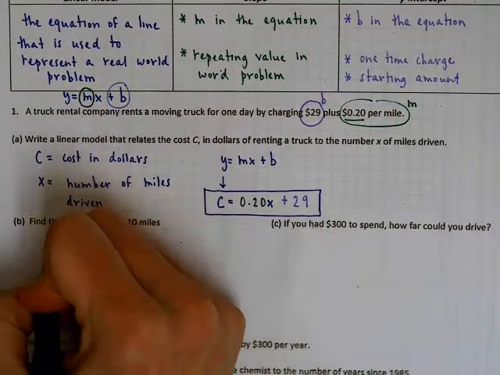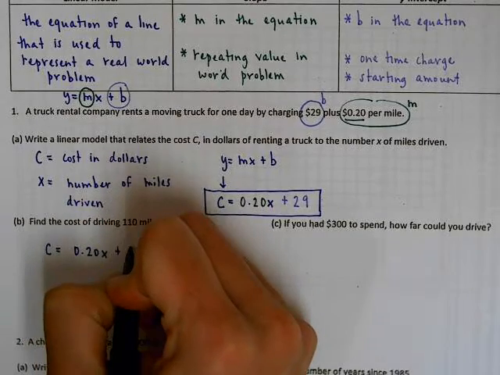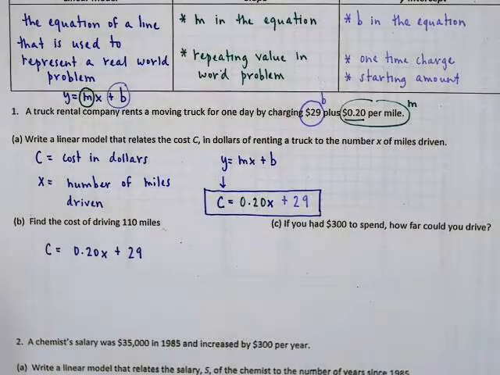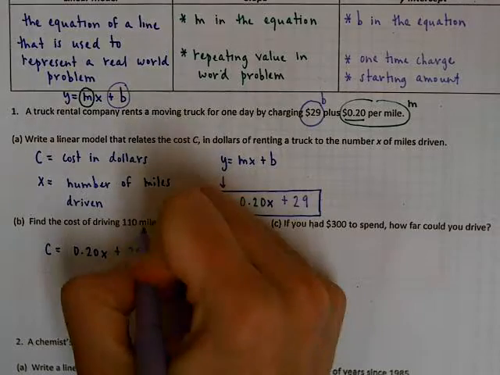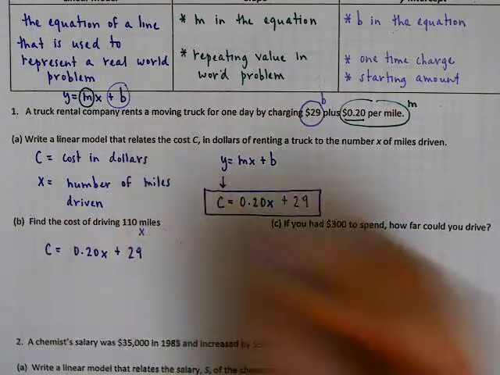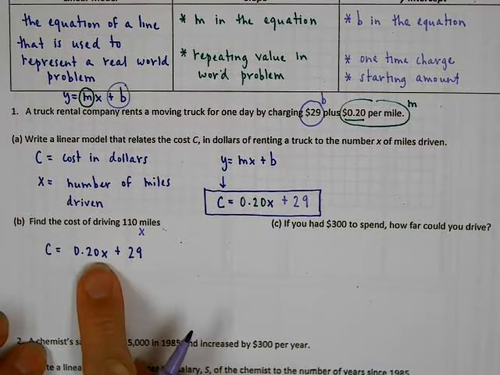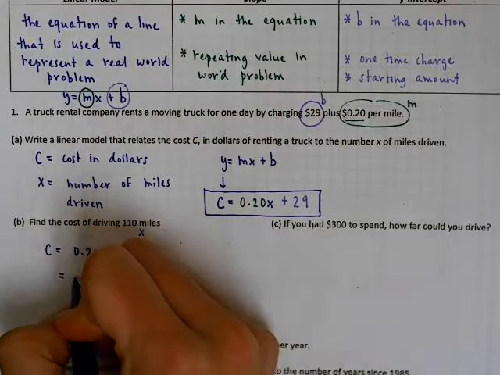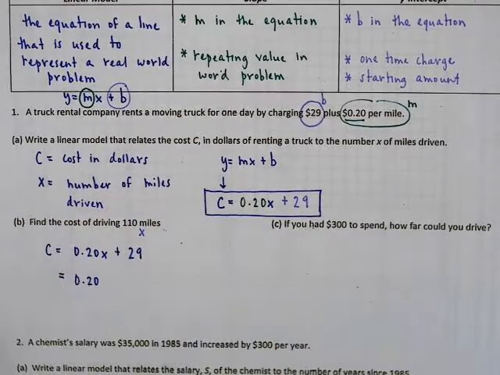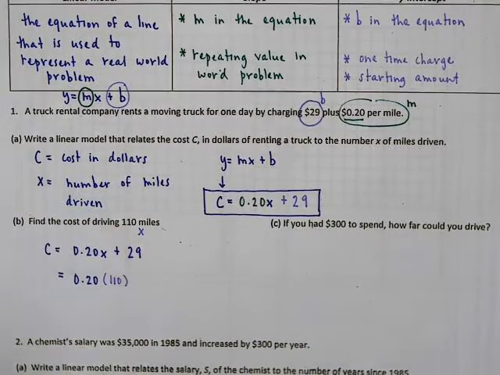So let's take our model here. I have 0.20x plus 29. They're telling me here the number of miles, which I know was our variable x. So what I'm going to do is replace my x with the 110. So my cost, that's what I'm trying to find, is going to be 0.20 times the number of miles, which is 110